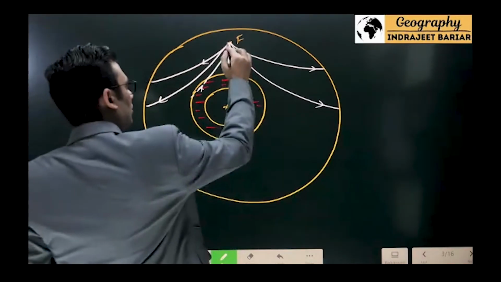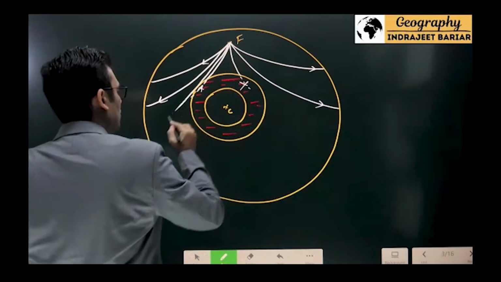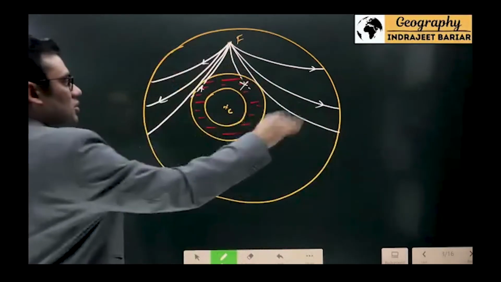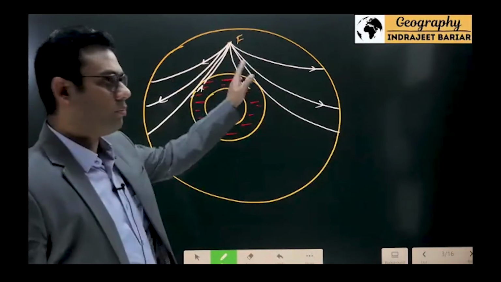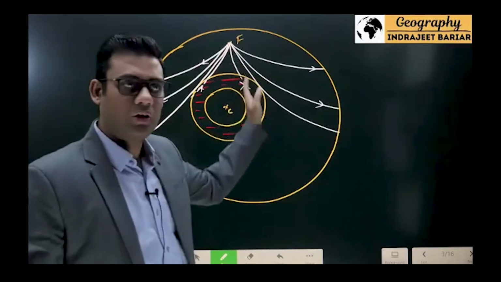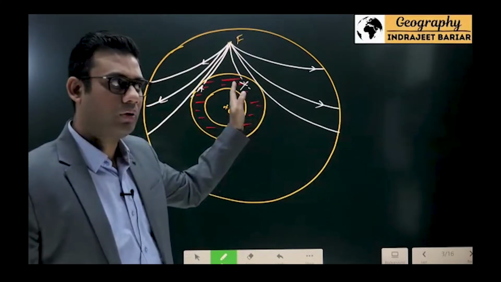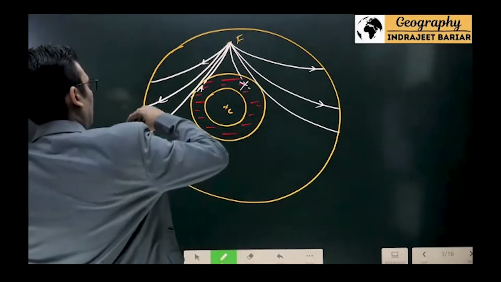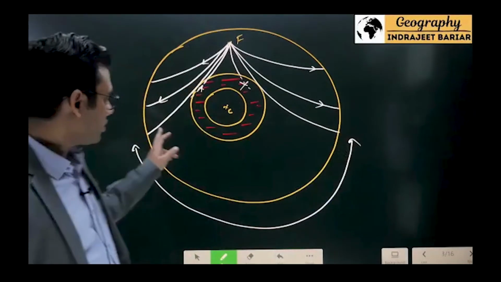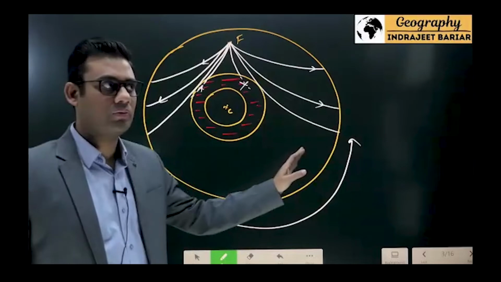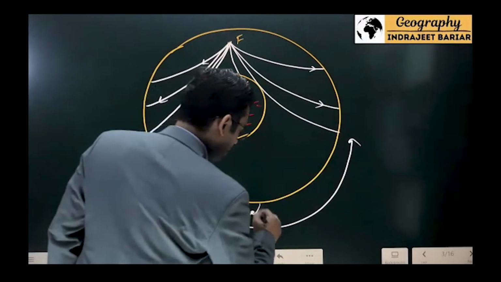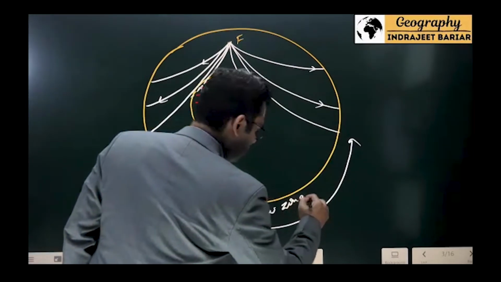Maximum the S wave would be able to pass is what is tangential to this. Maximum this much. Beyond this, in this particular part, no S wave would be allowed to pass through, because the liquid, molten barrier would be there. Which means from here to here, this whole region is where you are not going to receive any S waves. And this is where we come across the idea of what we call the S shadow zone.